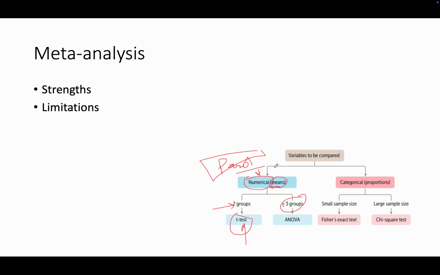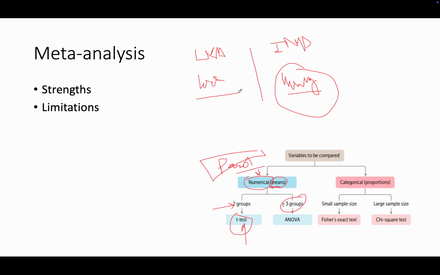Maybe let me give you another example. A study says that the mean blood pressure of people in the United States is 100 millimeter of mercury, while another study says the mean blood pressure of people in India is 110 millimeter of mercury, right? So you see the mean blood pressure of the people of India is 110, while it is 100 in the people of the United States. There is a difference of 10. Okay, and if you want to check whether this difference is actually there or not, you will do the t